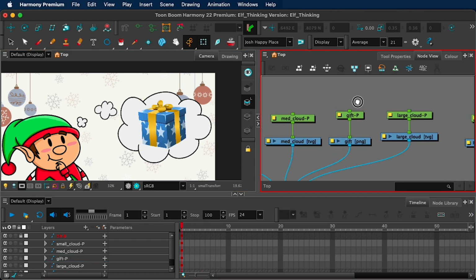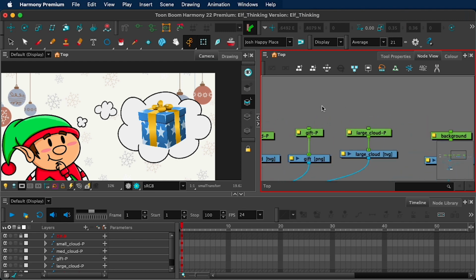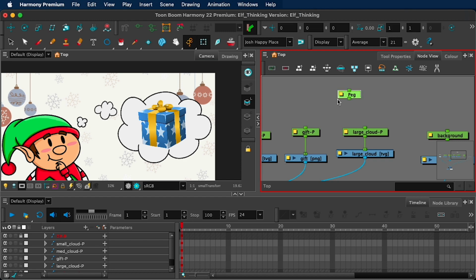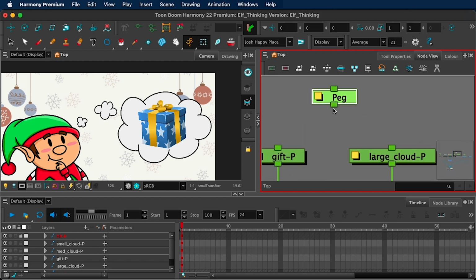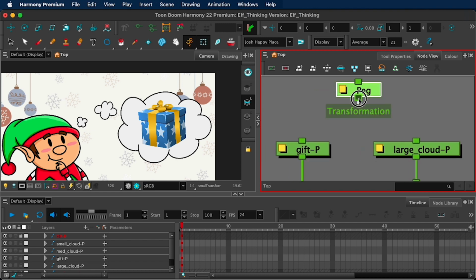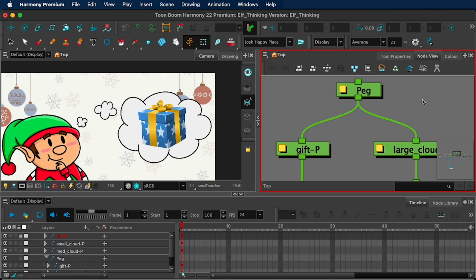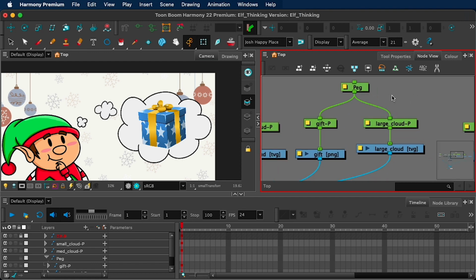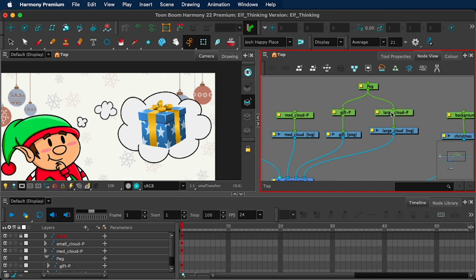So instead, we're going to do very, very basic rigging. And all we're going to do is I'm going to do Control P. And that's going to make a peg. And I'm going to, from the bottom here, connect to the gift. And I'm going to connect here to the large cloud. And that right there is rigging. That is basic rigging. And all you're basically saying is, I want the large cloud and I want the gift. I want them to be